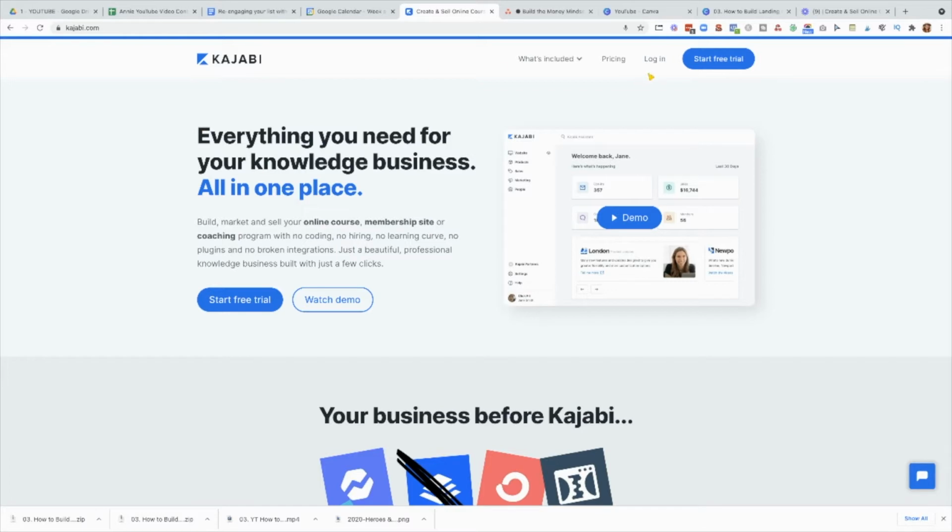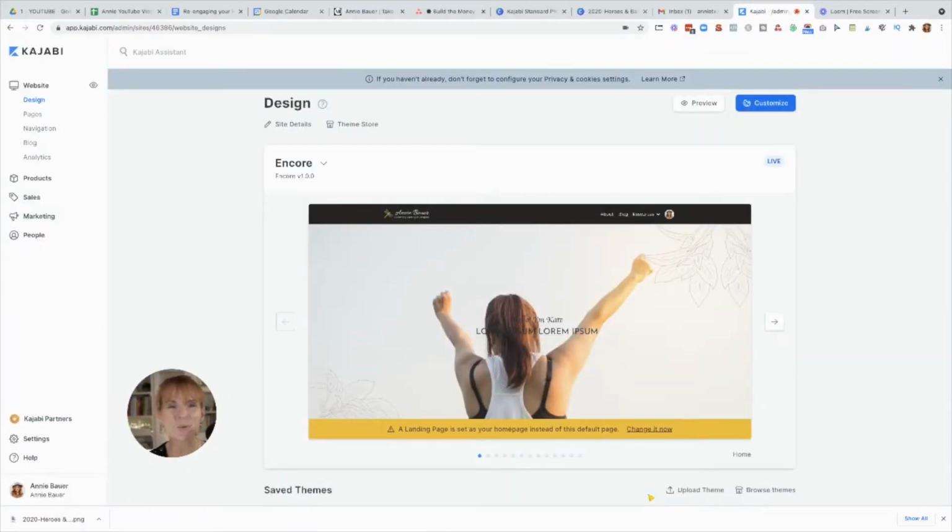Log into your home page and we'll navigate over to the website. I'll meet you there. So now we're inside Kajabi and we'll just dive right in and I'll show you the process for building your simple landing page. So this is your Kajabi dashboard. You'll go up here to website and it'll bring up this page. Then scroll down on your upper left hand to pages. Click on pages.